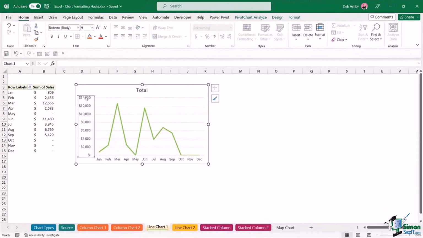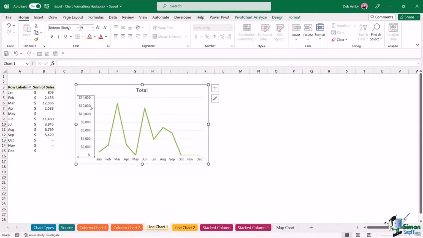Let's take a look at this little vertical axis just here. This looks pretty good. Now, sometimes if you have an axis like this and it's displaying values, it might be that your values are very, very long. If this was millions of sales, so if we had very, very large numbers, here is what I'm trying to say, this can start to look a bit strange because your axis just has a very, very large number in here. So this might be where you want to start thinking about using custom formatting just to shorten the values